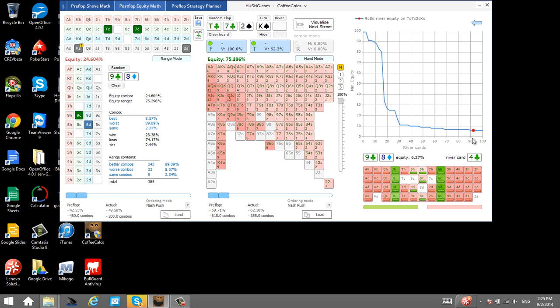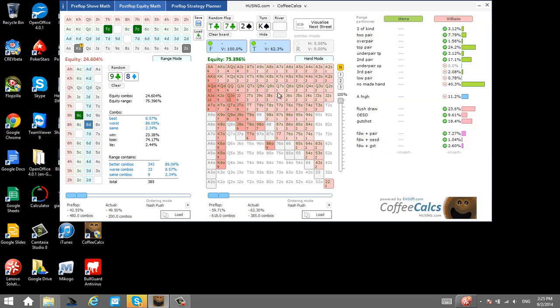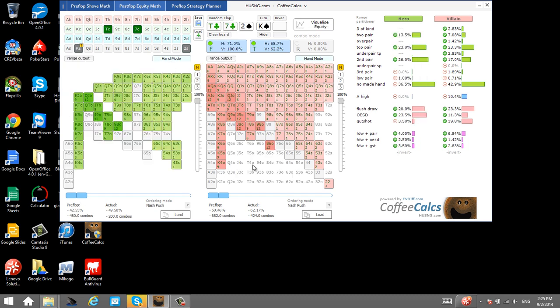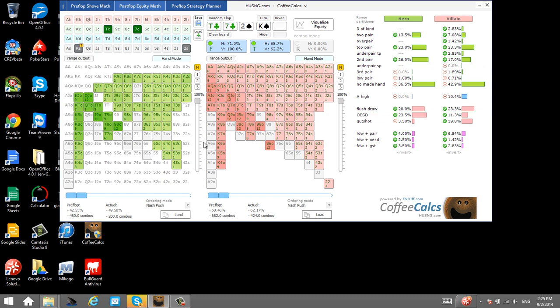And then if you sum up over that, you'll get a much better representation of how good of a call it is on the turn. Okay, so that's one of the ideas behind using that thing. And again, using the sort of hand versus range mode. But let's say you put in all this kind of stuff. Again, I've hit the green button to make it go to the river, and then you can look at river